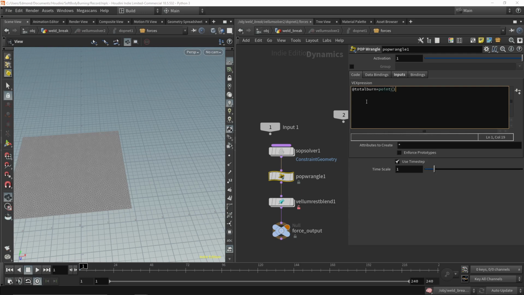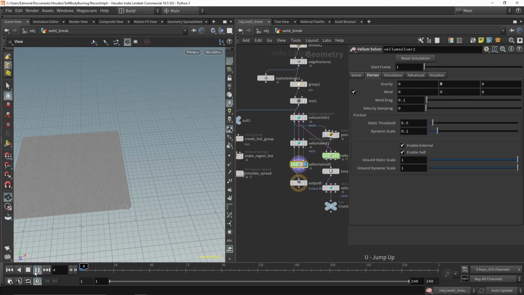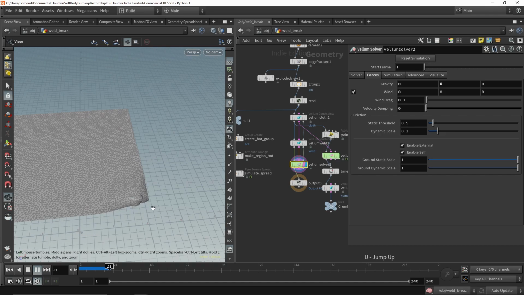Because right now there is a 1-to-1 match between the ptnum of the Vellum simulation and the ptnum of the pyrospread simulation. I update the break threshold so that as the total burn attribute increases, the weld breaks. So right now, our pyrospread solver is breaking our weld.